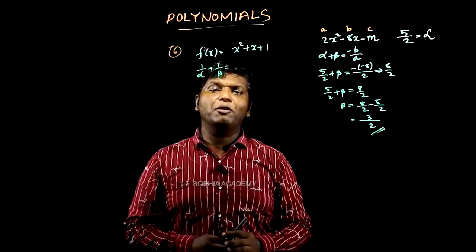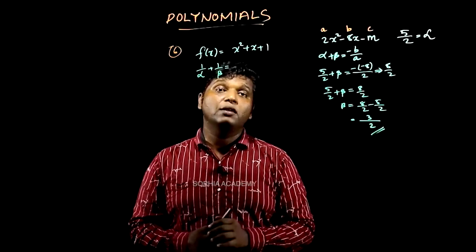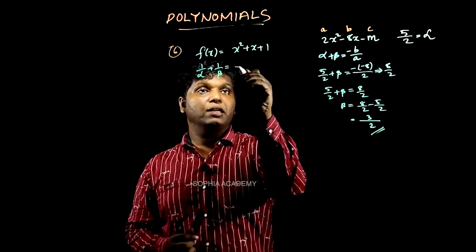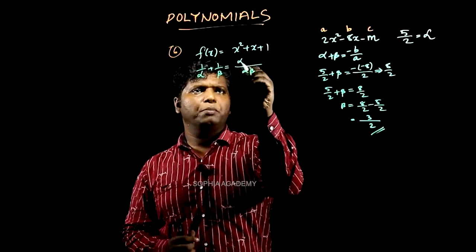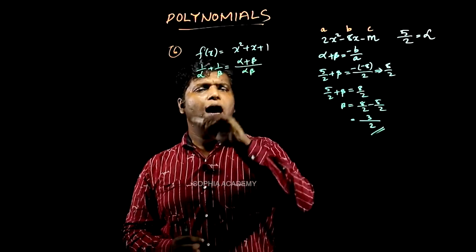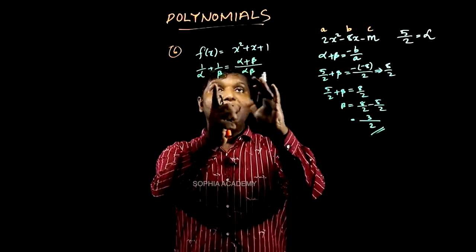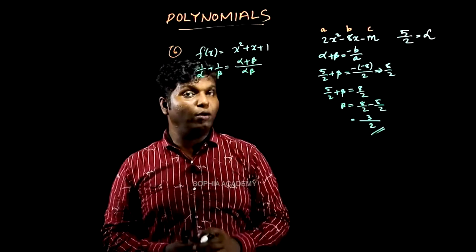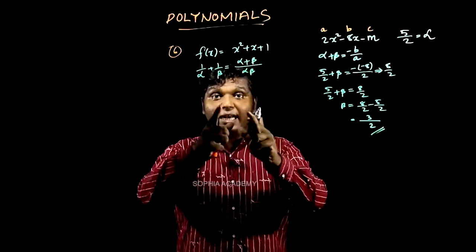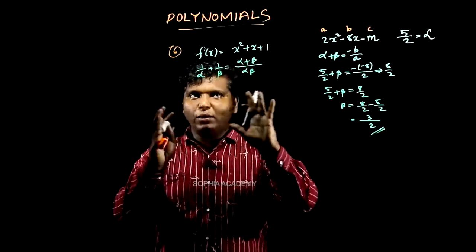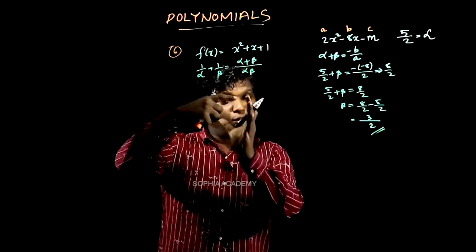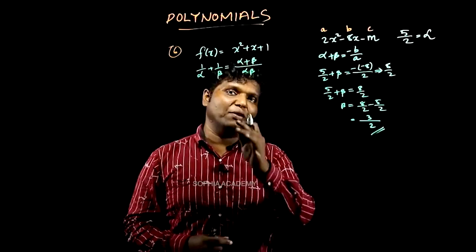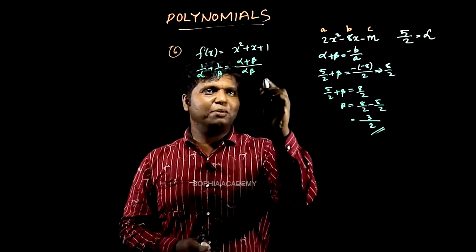So what is 1 by alpha plus 1 by beta? We know that 1 by alpha plus 1 by beta can be written like this. Taking the LCM alpha beta, on the top it will become beta plus alpha, or we can write it as alpha plus beta. So that means alpha plus beta by alpha beta. That's what you have to find. If this is in your mind, you will get it very fast. See, without solving, without trying a lengthy method, we are going to come to the answer. Here is the trick behind it.